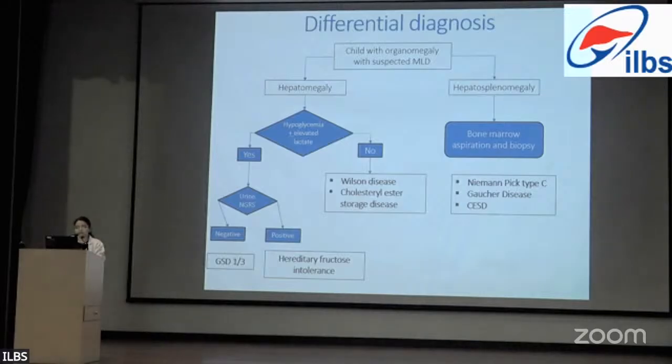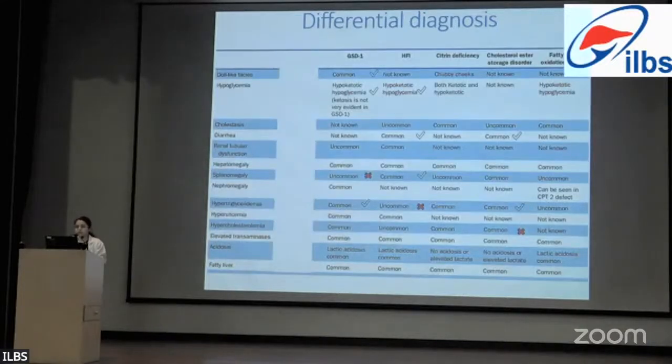If there is hereditary fructose intolerance, that would be postprandial, and in GSD, the hypoglycemia would be fasting. So now we had a differential diagnosis of GSD type 1, for which our child had suggestive facies. He had hypoglycemia. All of these differentials would present with hepatomegaly and deranged liver enzymes. In favor of GSD, we also had hypertriglyceridemia in this child, but we did not have lactic acidosis, which is common. And we also had the presence of splenomegaly, which was uncommon.